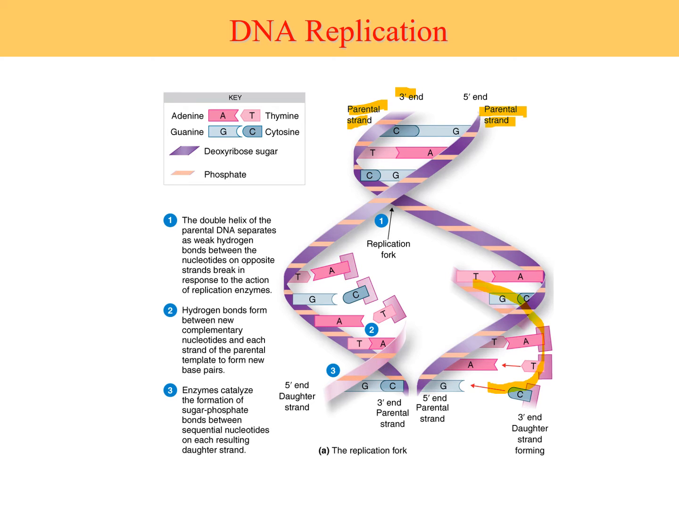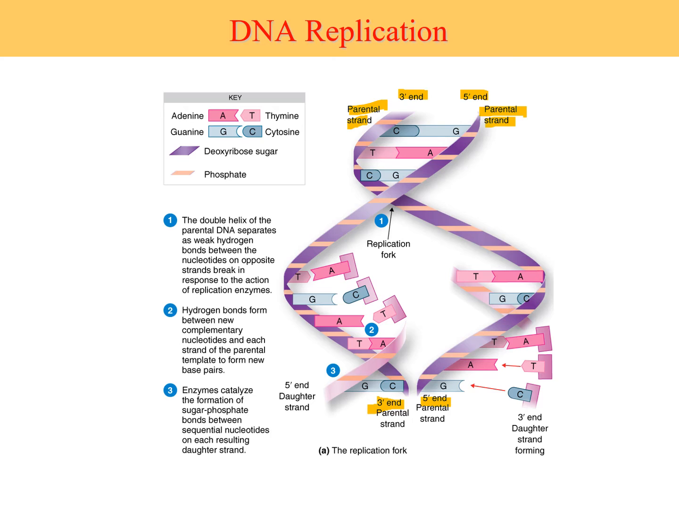Now I just want to point out to you that DNA strands, again, are anti-parallel, meaning that if you know that this end is 3', then this end must be 5', and if this end on this strand is 5', then this end must be 3'. And since new strands are always made in the 5' to 3' direction,